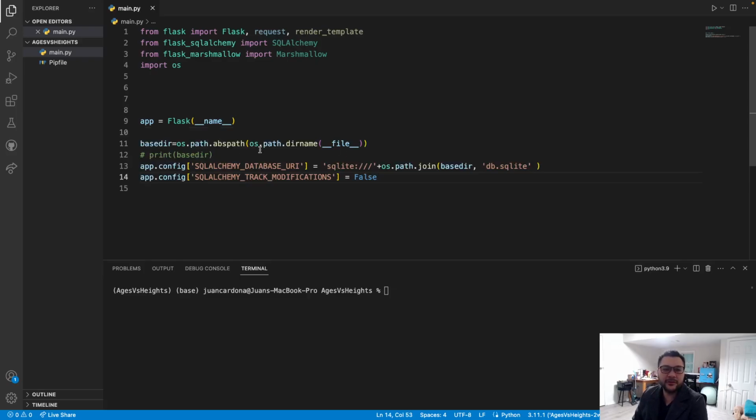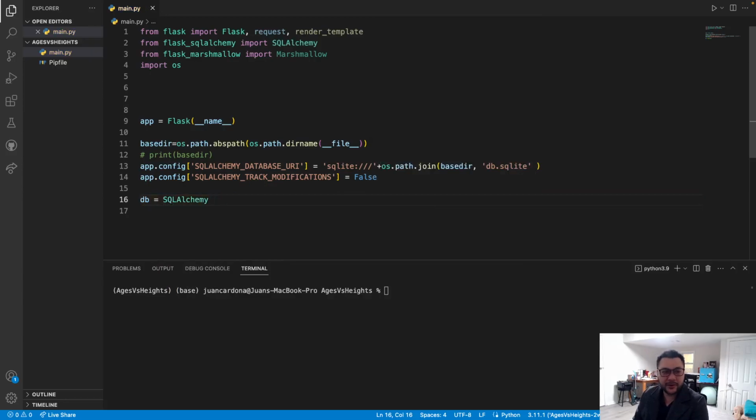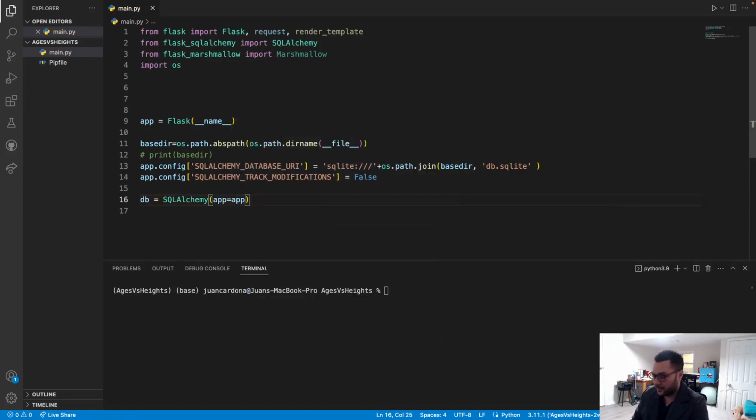I use this for all my projects. So the database is going to be equal to SQLAlchemy, app is going to be equal to app. That's going to be our app, and also then